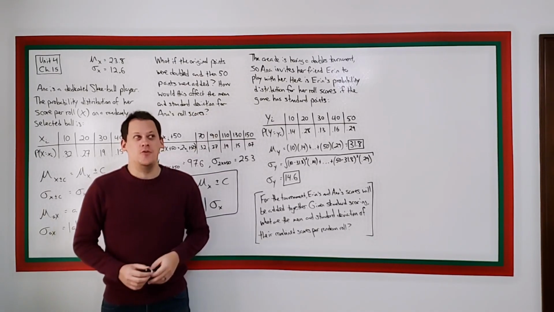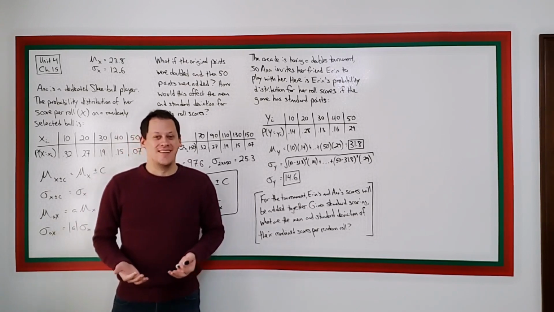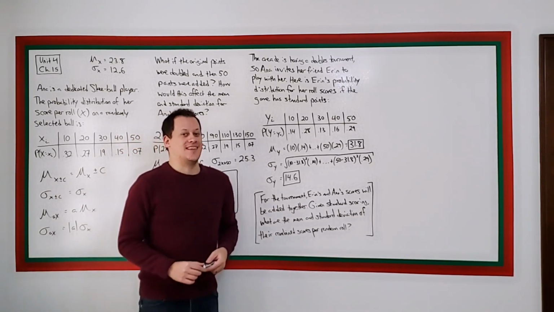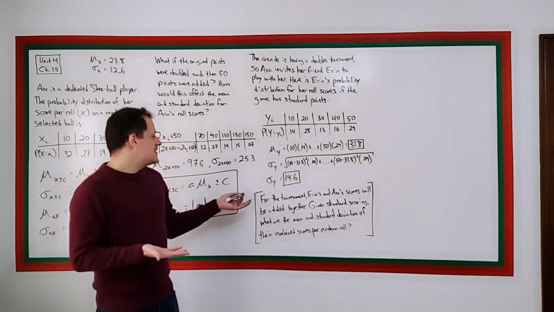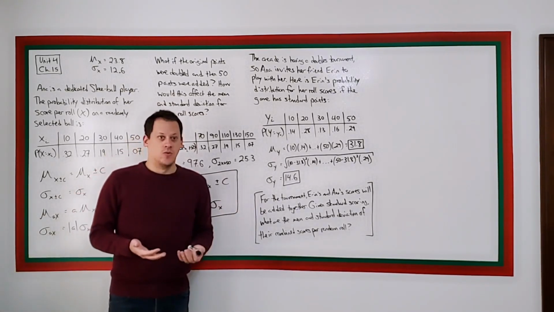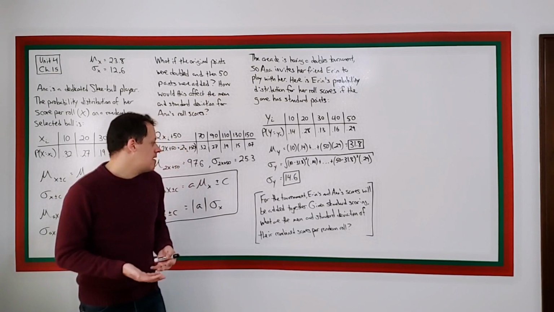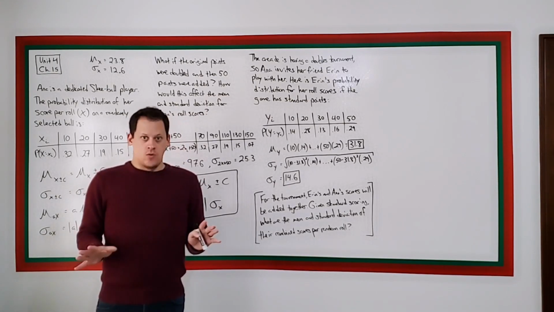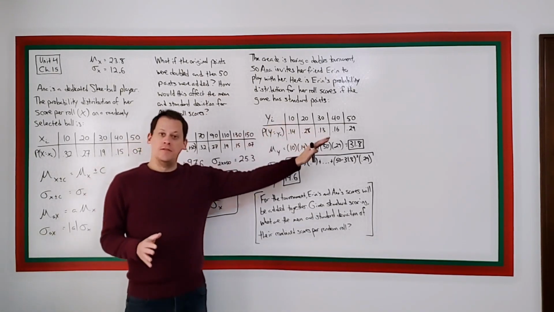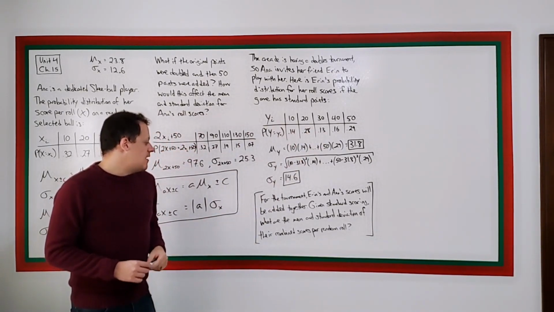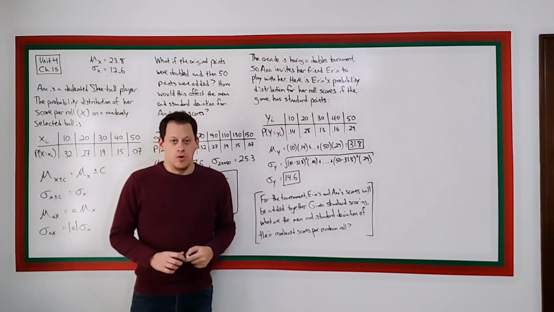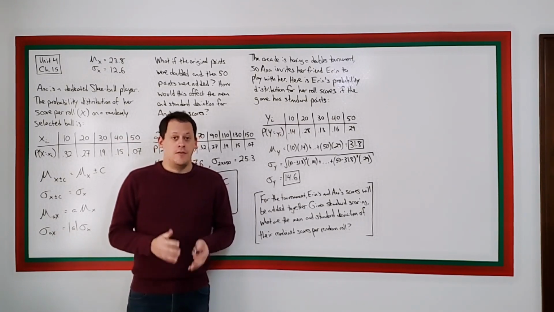Okay, so for the moment you may have been waiting for, let's put their scores together. And the reason why we might want to do that, let's say for the tournament, Erin's and Anna's scores will be added together. So given the standard scoring scheme, just 10 through 50 for each lady, what are the mean and standard deviation of their combined scores per random roll? Now,